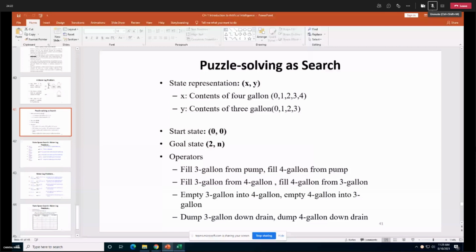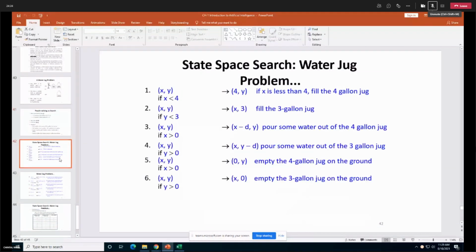Okay, now we talk about the rules. Okay, see, artificial intelligence is divided into 2 types of system. The first one is rule-based system, if and then, and the second one is production system. Currently, we are solving this water jug problem using rule-based system, if and then. Later on, we will solve the same problem with the help of production system. But currently, you just understand this rule-based system, if and then.